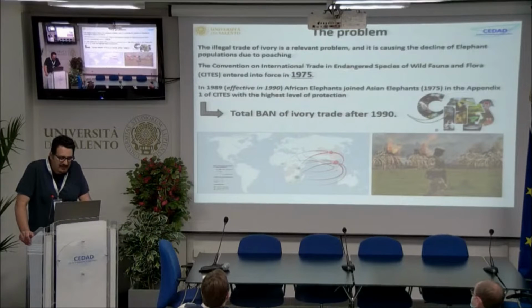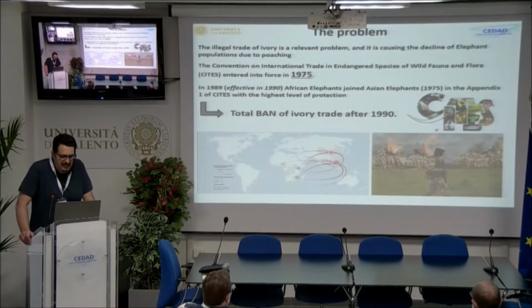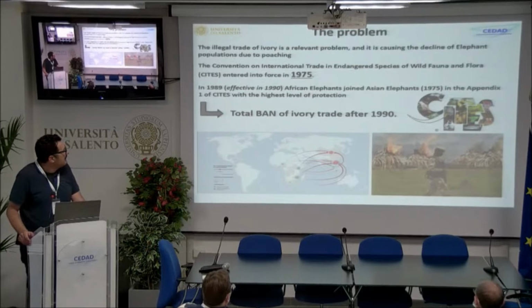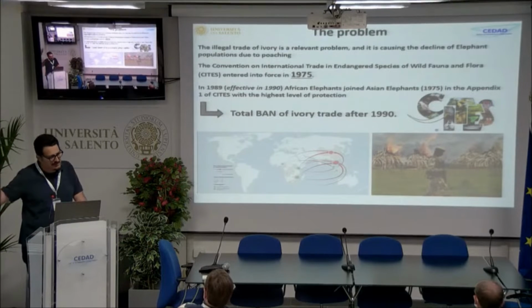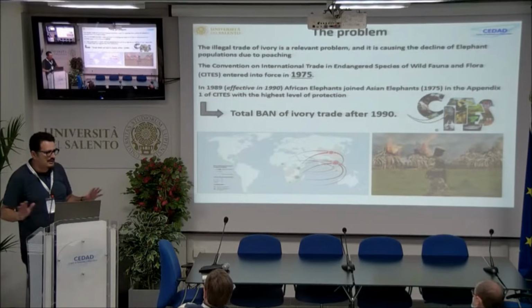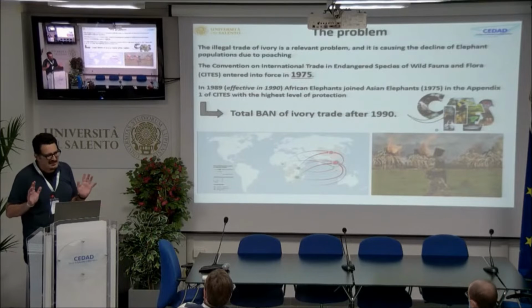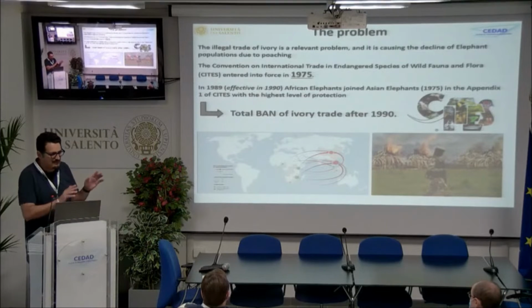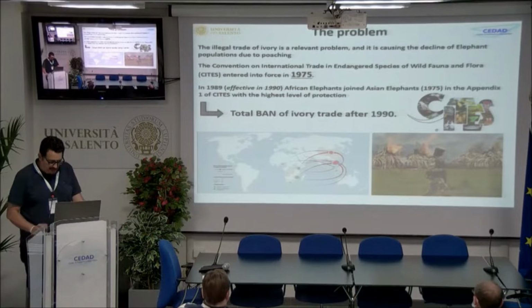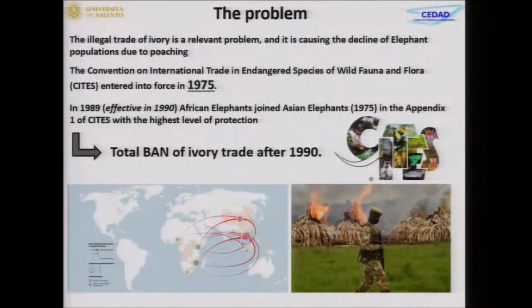It's causing the decline of the elephant population due to poaching in different parts of the world, in Africa and in Asia as well. And because of this international convention, called CITES, which came into force in 1975 and was ratified by different countries at different times, there is essentially now a total ban on ivory trade after the 1990s. This is in Italy. It may change from country to country, but around that,